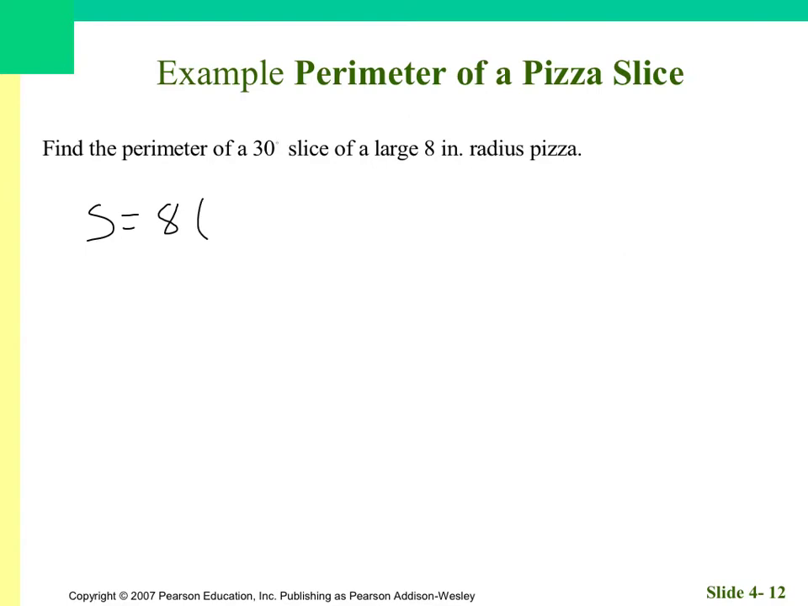So then you have 30 times pi over 180. So this would equal, well, that's 1/6, so it would be 8 pi over 6. But that would be 4 pi over 3 inches. But since here we're talking about approximate, so you would do,